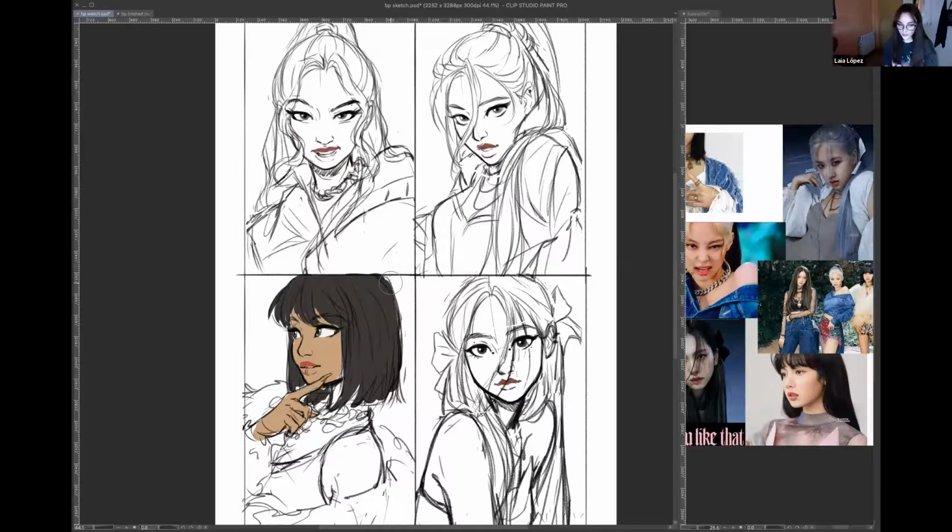So it has to look okay for me, and I have to like it, and I need to know what everything is, which makes things easier for me later. Sometimes I send over sketches and they ask, is that the final thing? I'm like, no, it's just a sketch. It looks finished, but it's not really finished. You guys will see the difference later.